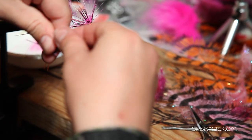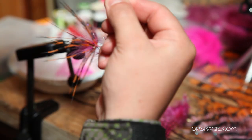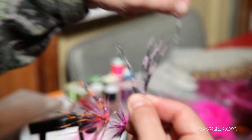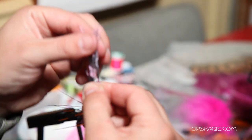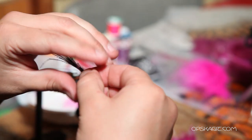Okay, so these are all set and ready to go here. Just grab the back end. You can see there's a short one here. Yeah, that doesn't need to be there. Okay, the rest are pretty good. So again,